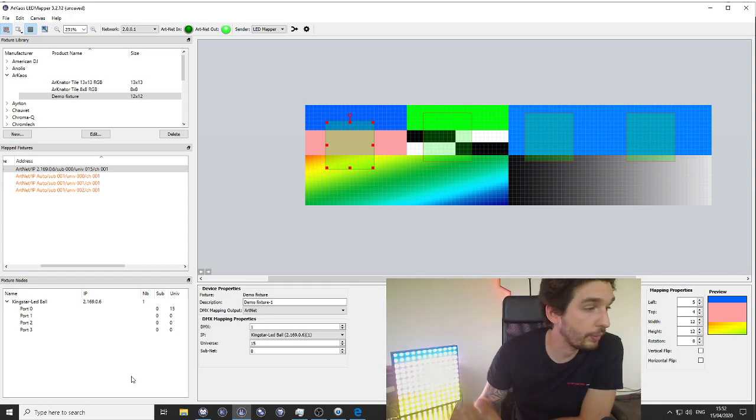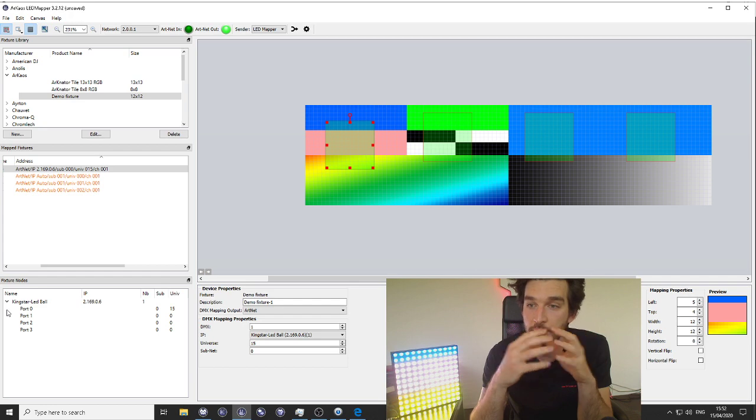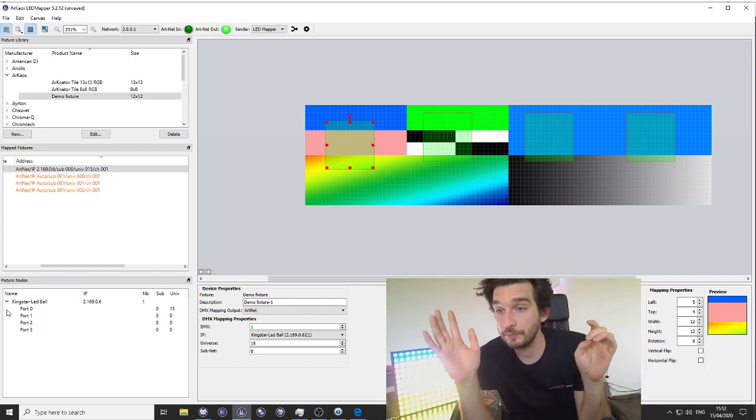Okay, so again, auto unicast will compare the information that you have from the patching list with the information that you have from the ArtNet Poll there, and combine the two if, of course, there is a match. Okay, if there is no match, it will leave it in broadcast.